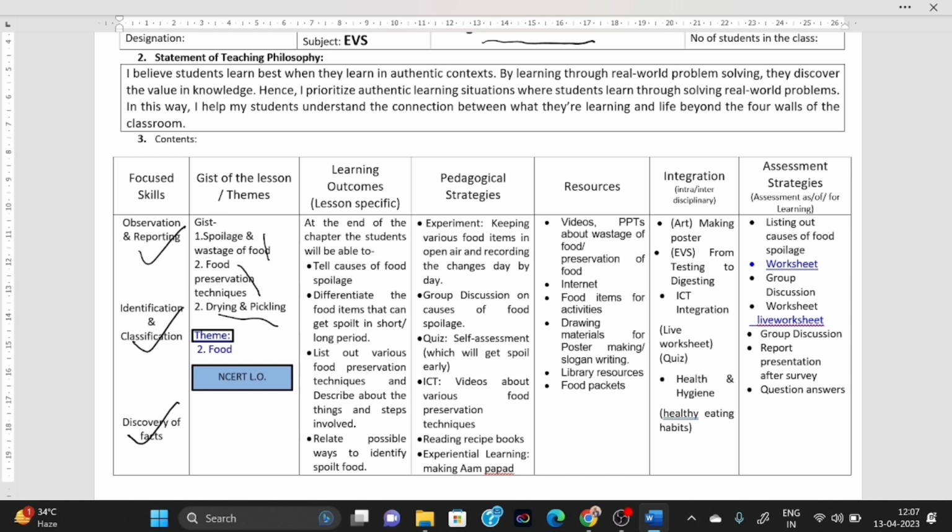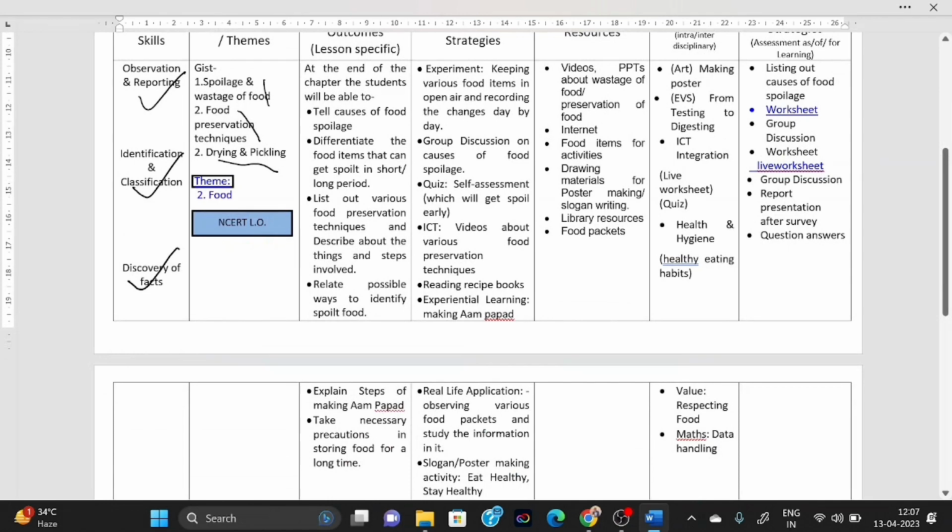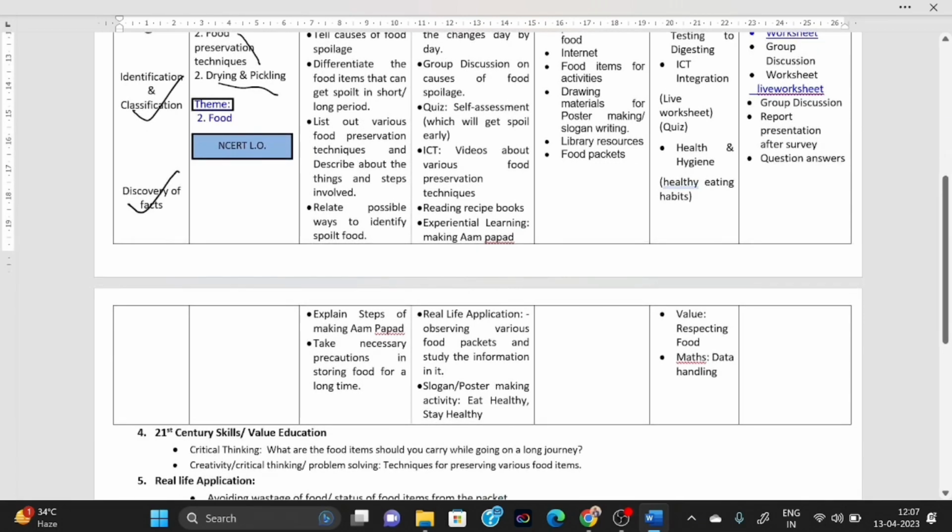They can list various food preservation techniques and describe the things and steps involved. They can relate possible ways to identify spoiled food. They can explain the steps of making aam papad, and they can take necessary precautions in storing food for a long